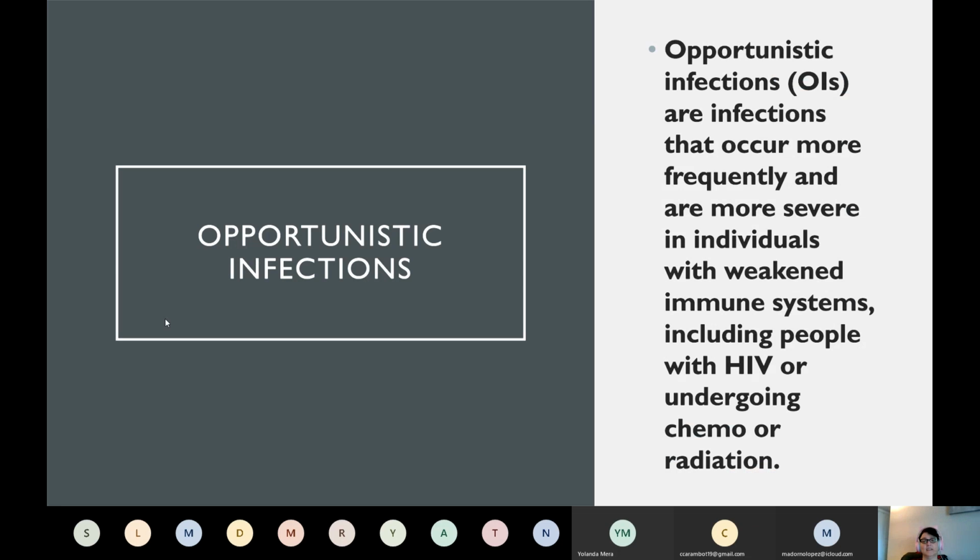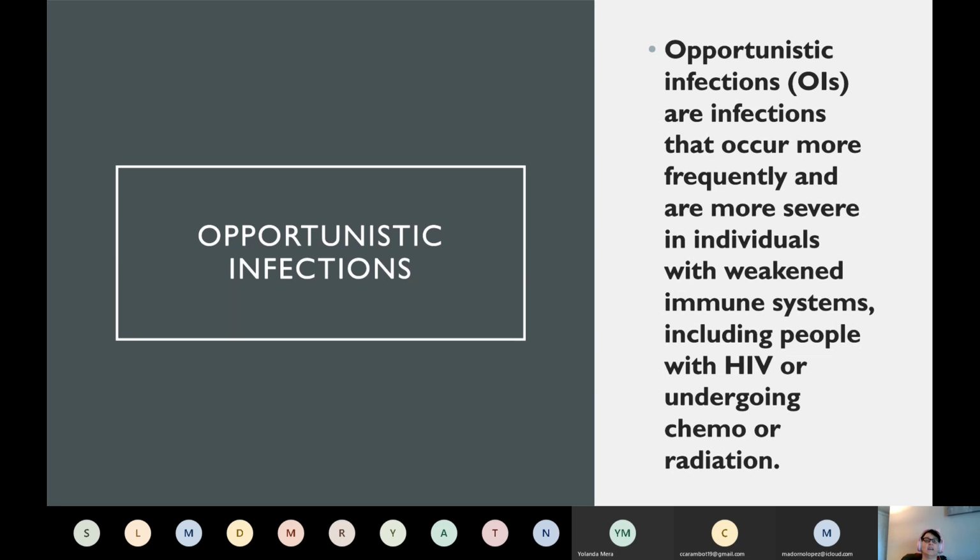Now, opportunistic infections, my micro teacher called them the a-holes of micro. They're the OIs. They're the ones that basically prey on people who are, and it's not like they have a conscience or something, but they're the type of pathogen that we're not going to see a healthy person get. We're not going to see somebody with an intact immune system.